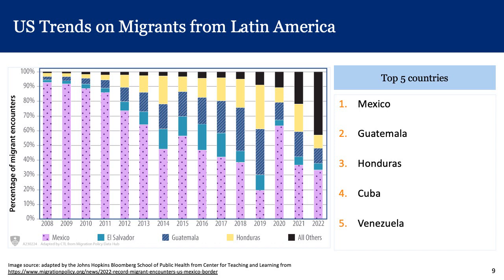These changing trends result from simultaneous increases in Venezuelan arrivals and decreases in Honduran and Guatemalan encounters over the later portion of 2022. The top 5 countries where migrants are coming from as of 2022 include Mexico, Guatemala, Honduras, Cuba, and Venezuela, together comprising an estimated 71% of all encounters between ports of entry.